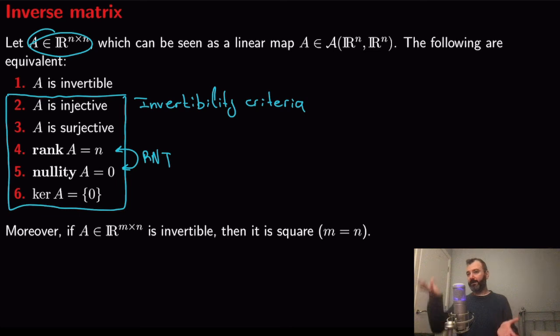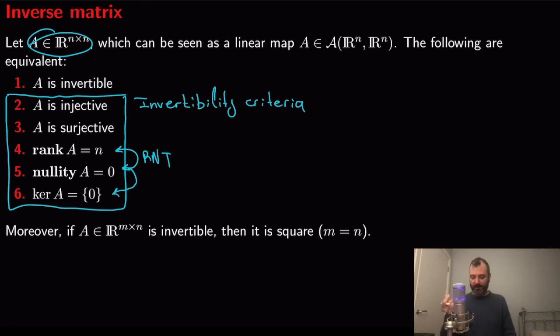The rank of A is large. The nullity of A is small. The rank of A is n. The nullity of A is 0. The nullity of A is 0 is the same thing as saying that the kernel of A is a point,